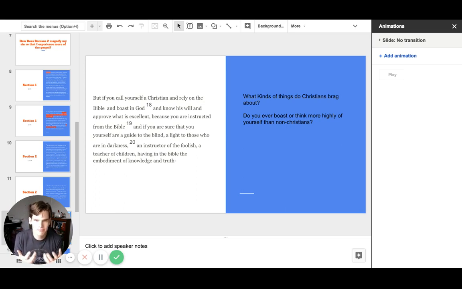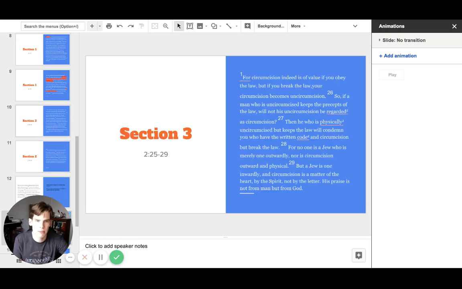Do you see how this could kind of apply to us? So the question that you could ask after you do that: what kind of things do Christians brag about? Do you ever think of yourself more highly than non-Christians because you're a Christian, because you have the Bible, because you live better than they do? This is part of how you can draw out the application of this chapter. The last section,